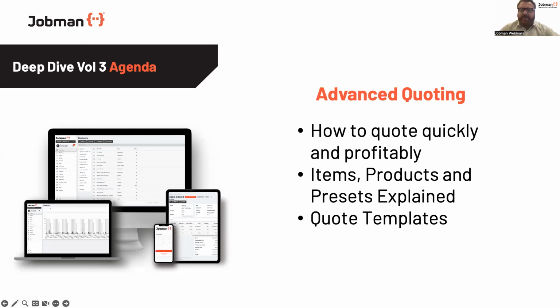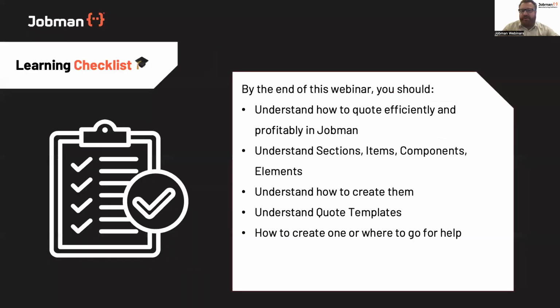What I really want to focus on today is the primary benefit of automation from fast quoting, but not just fast quoting, having those profit-driven numbers in your face while you're producing the quote. So before you've even accepted the job, you should know roughly how much you're going to make. And that is certainly one of the biggest initial wins most companies get bringing in Jobman into their quoting service.